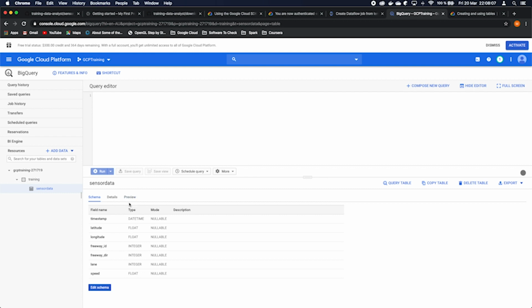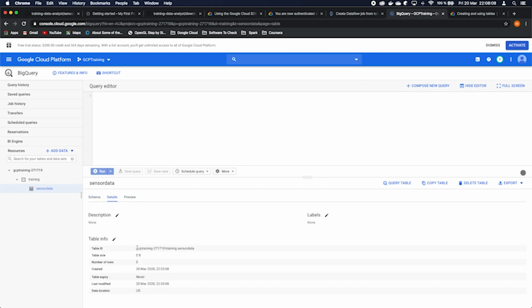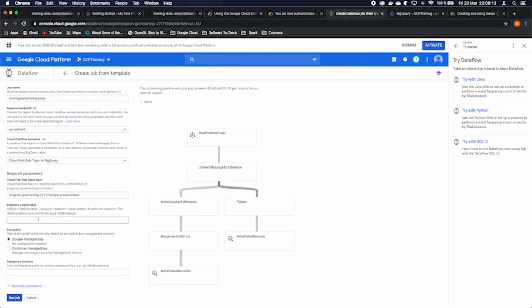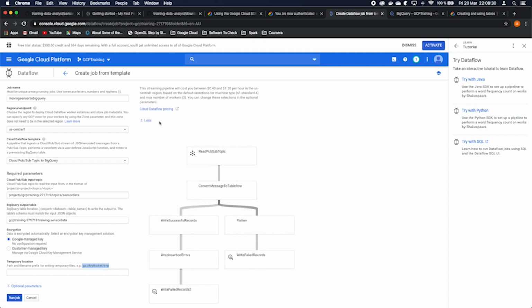Here you can see in the details and you just copy it and put it here. Okay, now another thing that Google needs is the GS bucket where it can store temporary data of the job.